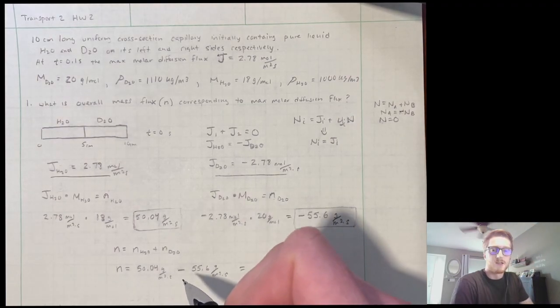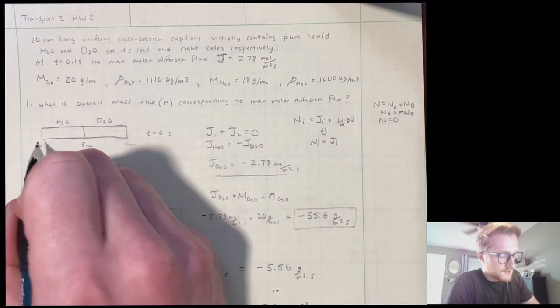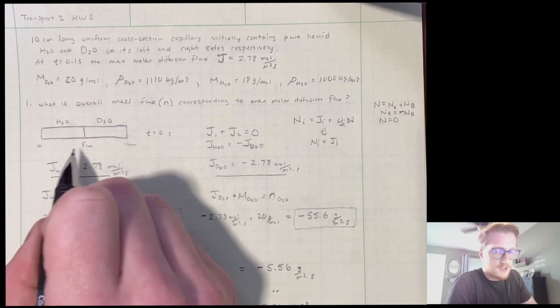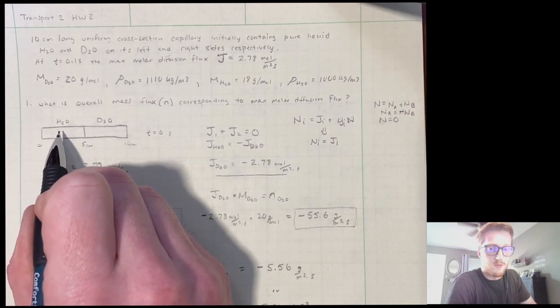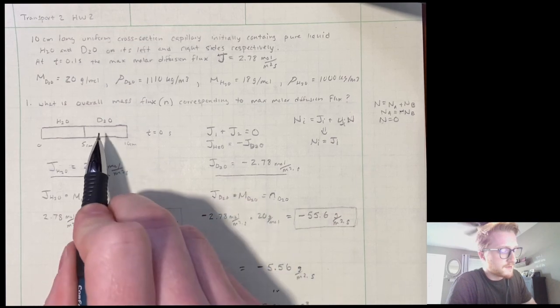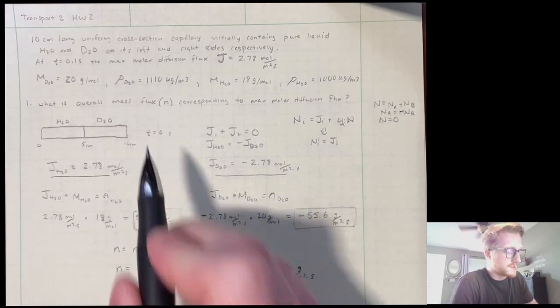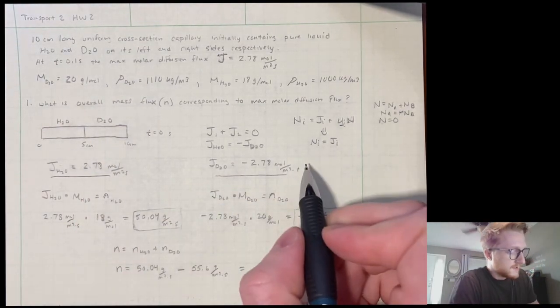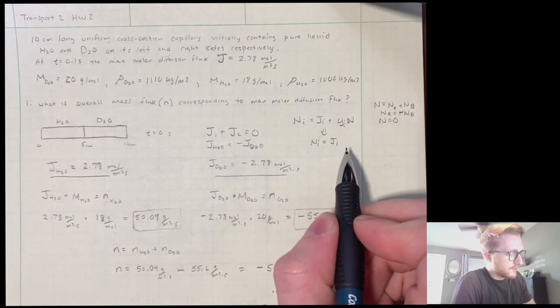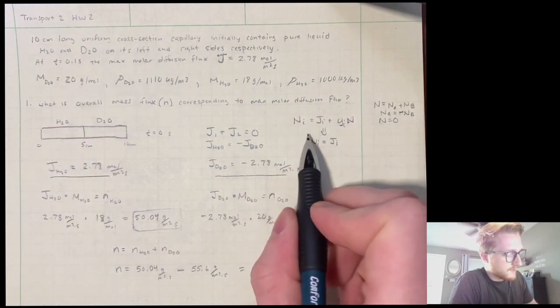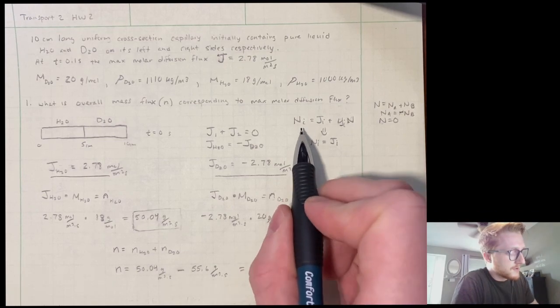So I want to start off by describing the capillary system, where we know that from 0 to 5 centimeters is pure liquid water, and from 5 to 10 centimeters is pure liquid deuterium at t equals 0 seconds. So we want to know what is the molar diffusion flux throughout, and we know that for a component, the